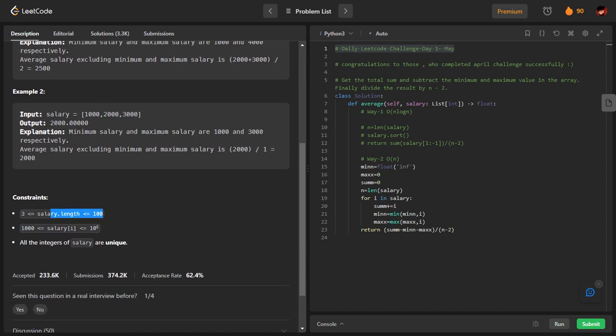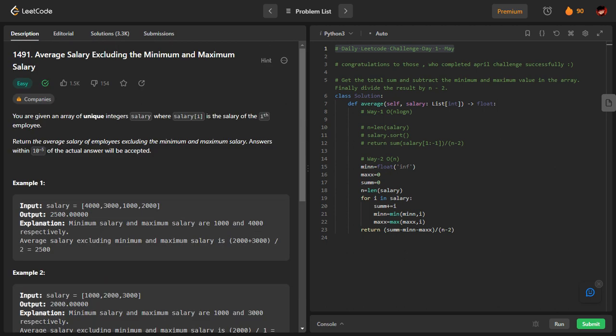So this is not going to be a big array. The length is going to be just 1000. You can even sort, and I will show you that approach as well. So this is not a big thing. You can definitely use a sorting algorithm, and you can also go for an O of n square time complexity algorithm, whichever way you like. So let me quickly show you my solution.